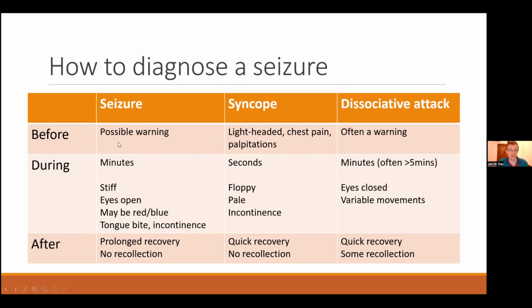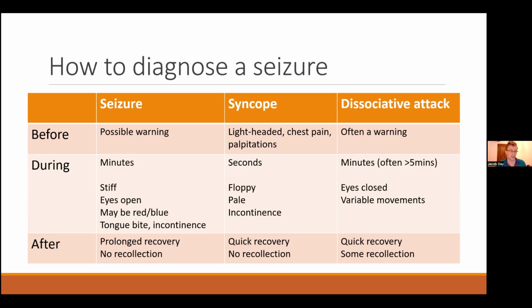In terms of during, the time frame is really helpful. Again, that's probably something people aren't very good at documenting, because if you take a really good history and you've explained exactly what happened before, during, and after it, you've got a really good sense of how long it lasts. But the person who comes and looks at it next actually can't really get that from your notes. So definitely try and document or work out from a witness, was it something that lasted seconds or minutes or longer? Okay, that's all it needs to be.